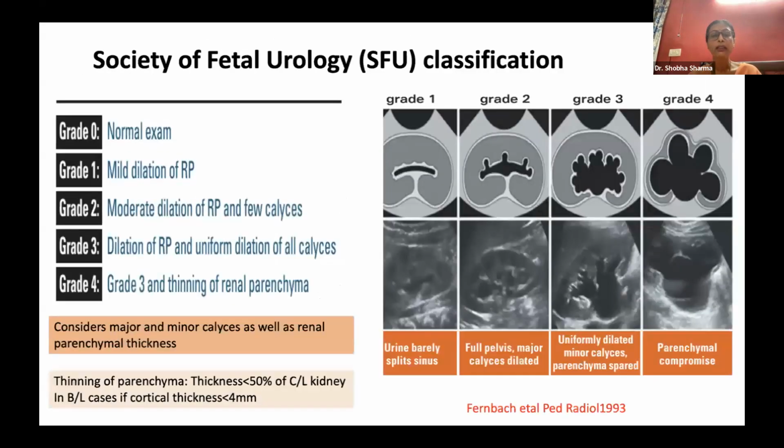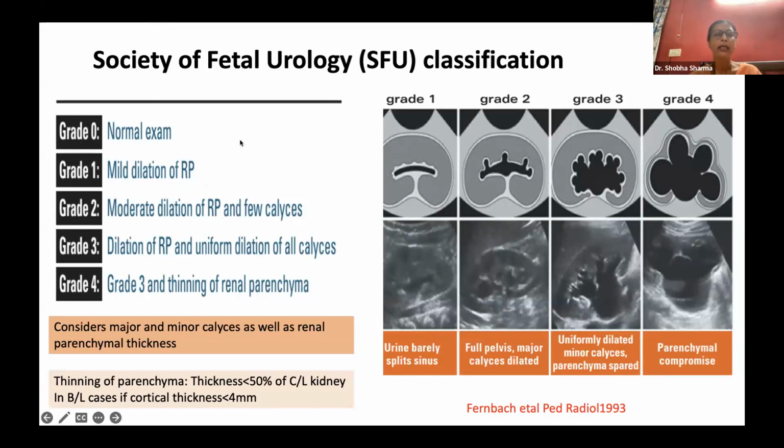So an extension to that, the next system which is widely used, especially in the postnatal classification and grading of this antenatal hydronephrosis, was given in 1993 by the Society of Fetal Urology. Besides the renal pelvic diameter, which they have not measured by size, they have just concentrated on the dilatation or not of the renal pelvis, and there is no objective measurement here. But they have included both the central calyces as well as the peripheral calyceal dilatation, which seems to be important in predicting the postnatal pathology. And they have also taken into consideration the renal parenchymal thickness, or the thinning of the